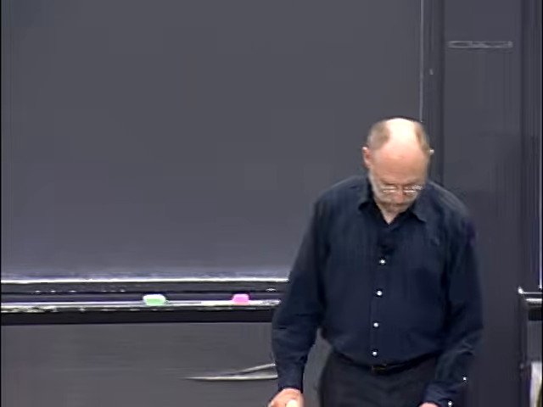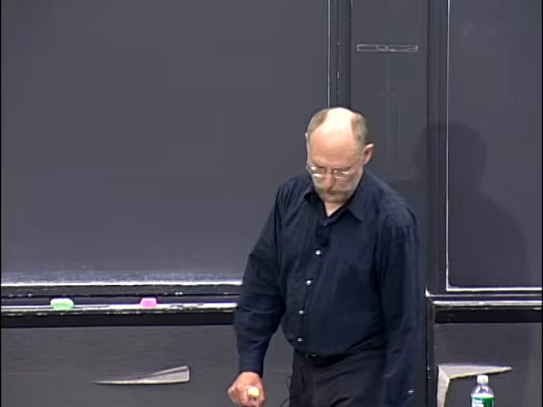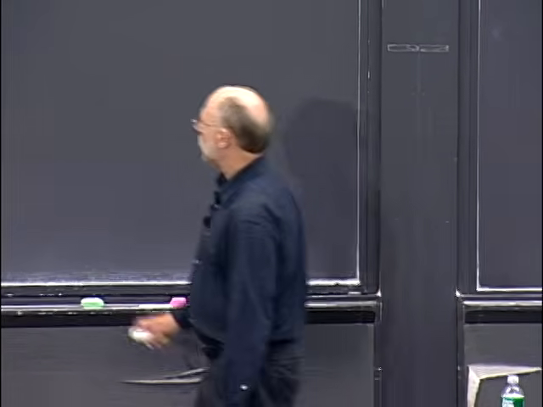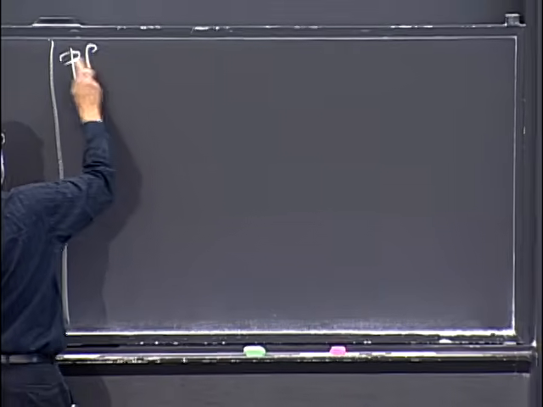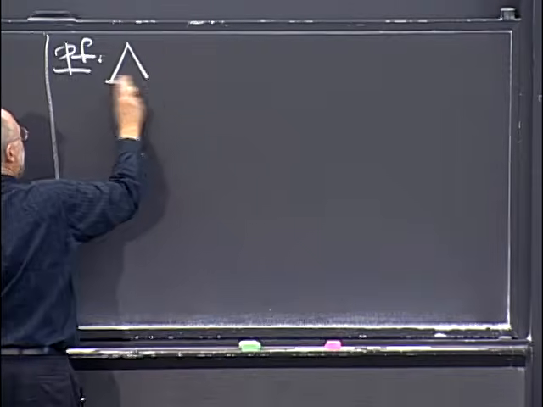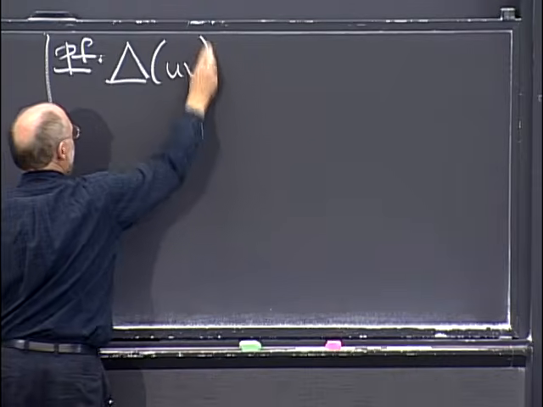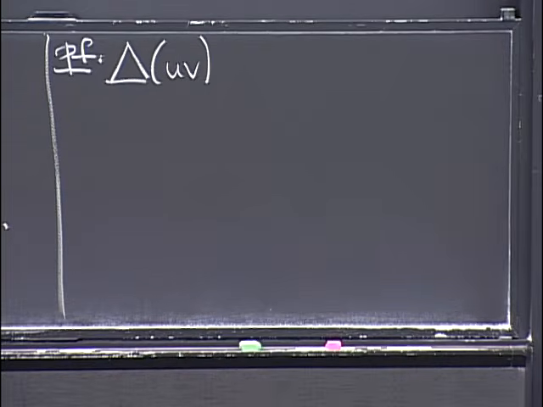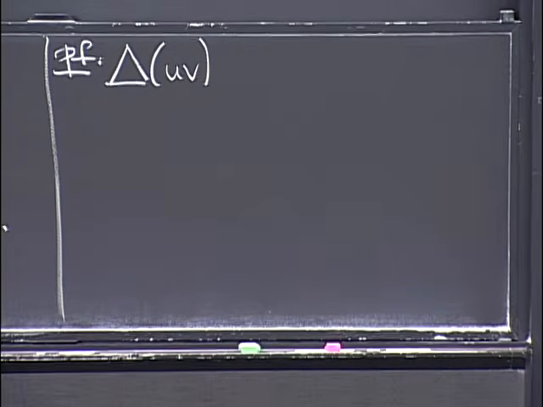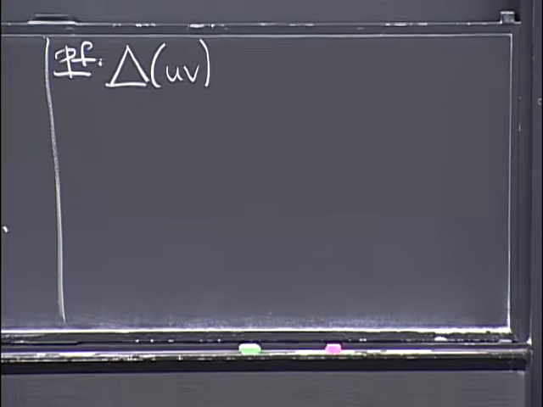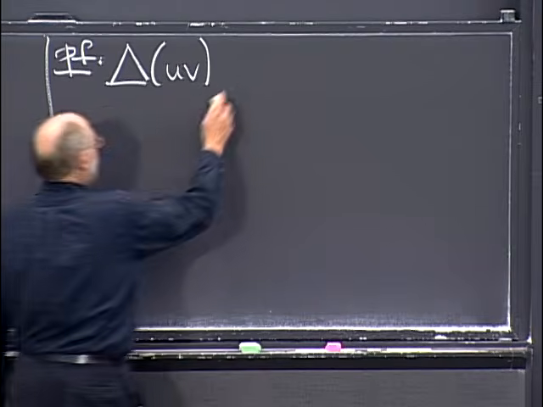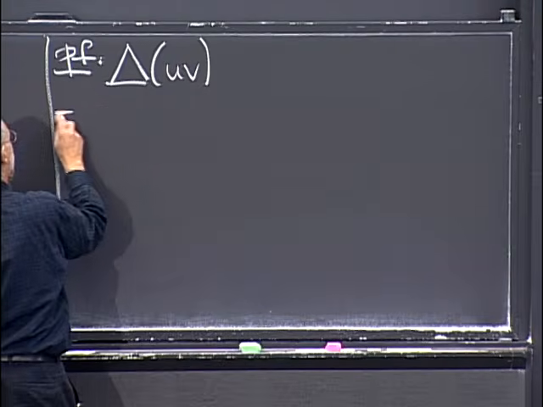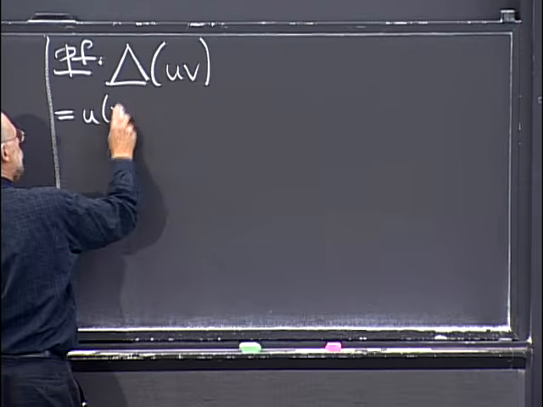Well, let's see why this is true. I want to try to show you why the product rule holds. So I think you have a standard way of trying to understand this. And it involves looking at the change in the function that you're interested in differentiating. So I should look at how much the product uv changes when x changes a little bit. Well, so how do we compute the change? Well, I write down the value of the function at